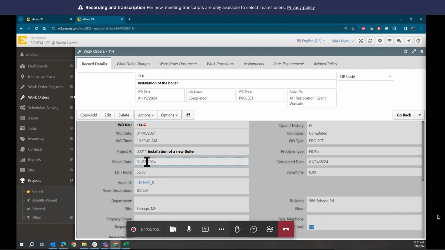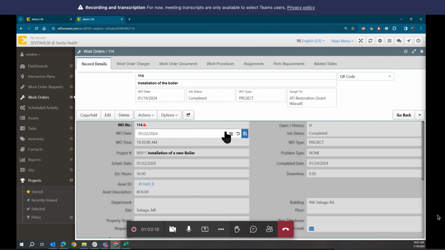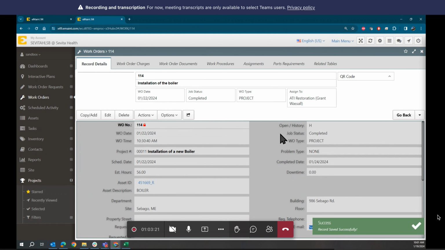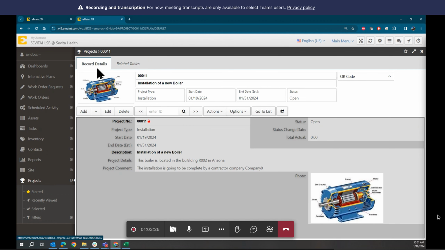If I'm checking not this schedule date, it is using this one. So for example, if I change this one for 20 second and go back here, now I can go to the Gantt chart